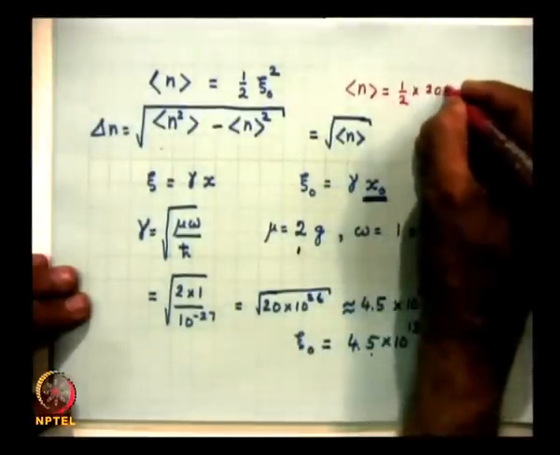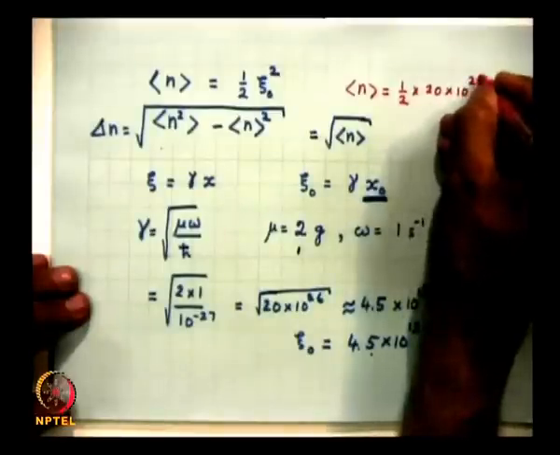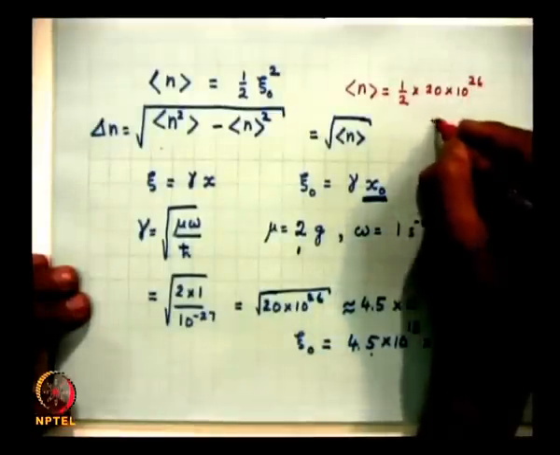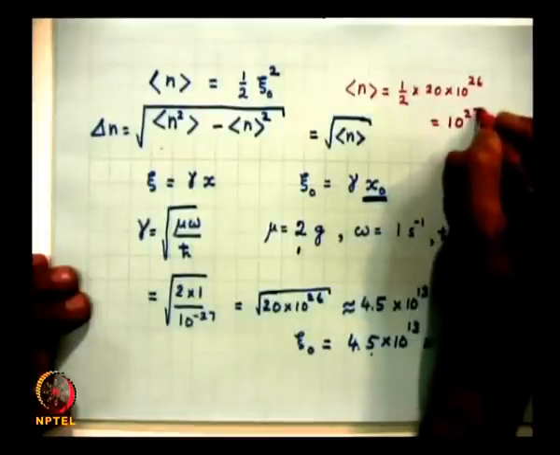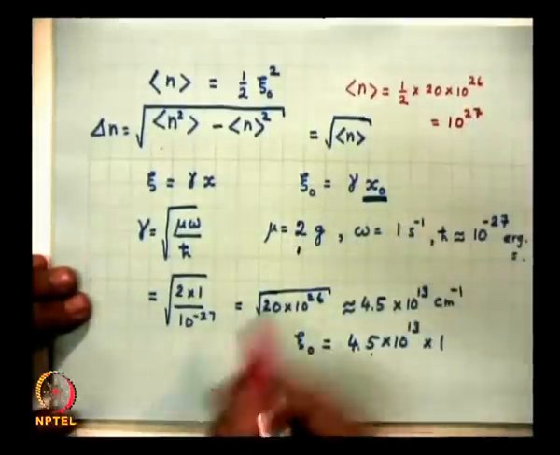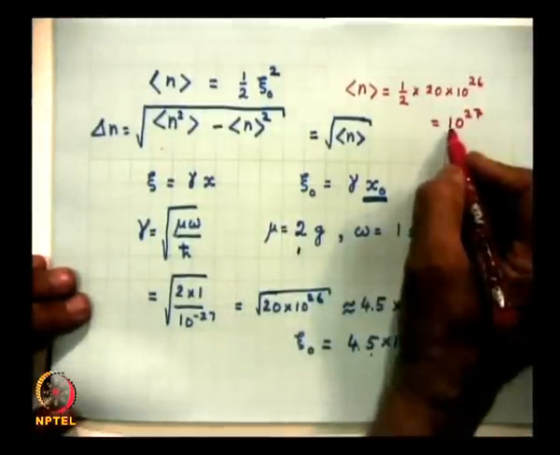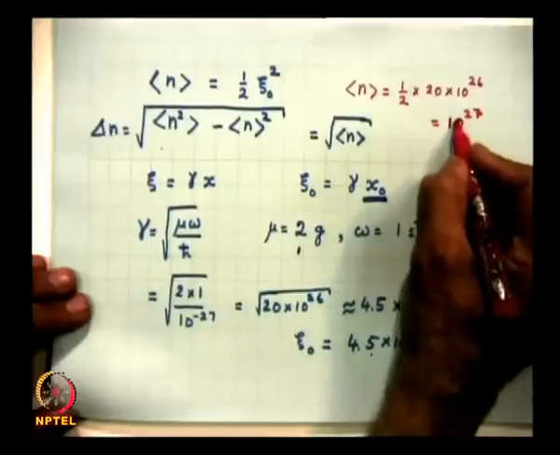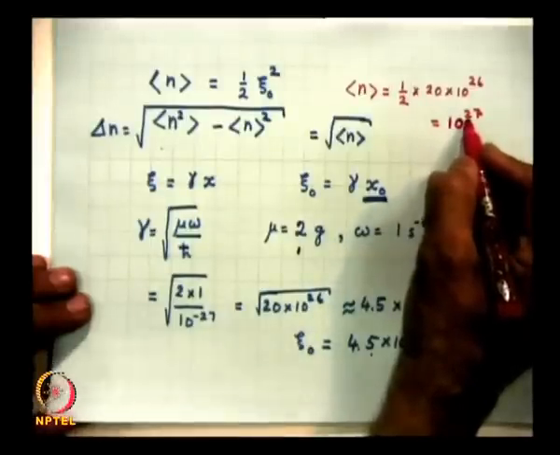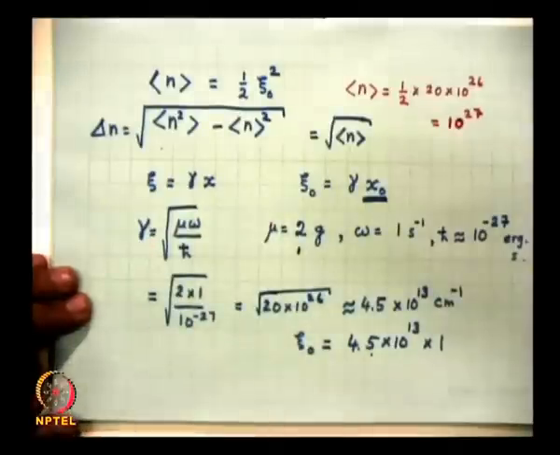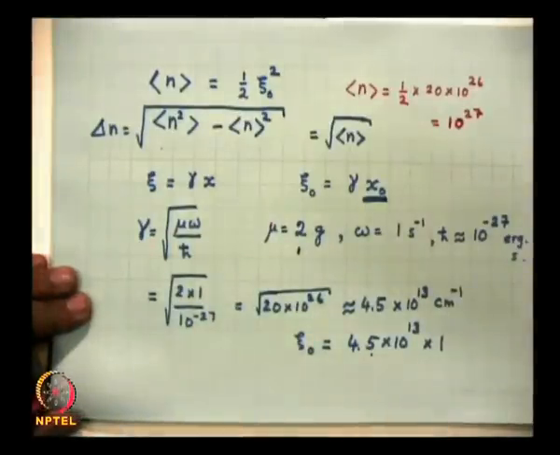So, 20 into 10 to the power of 26. So, this is about 10 to the power of 27. So, the states which have the quantum number of the order of 10 to the power of 27 get excited,